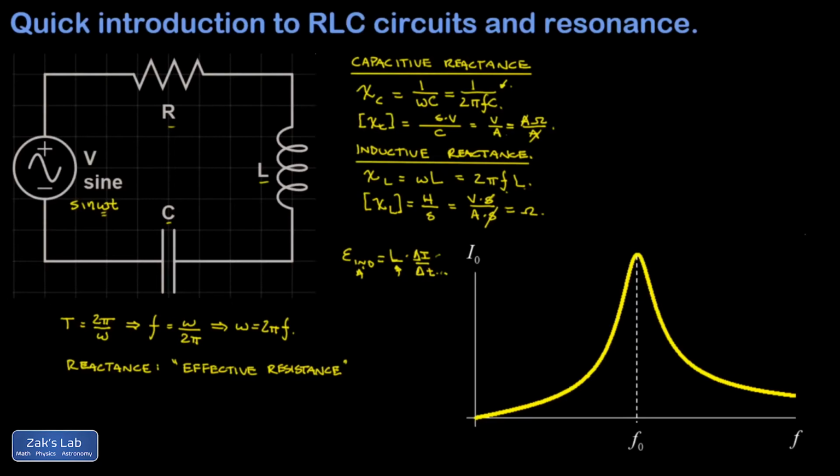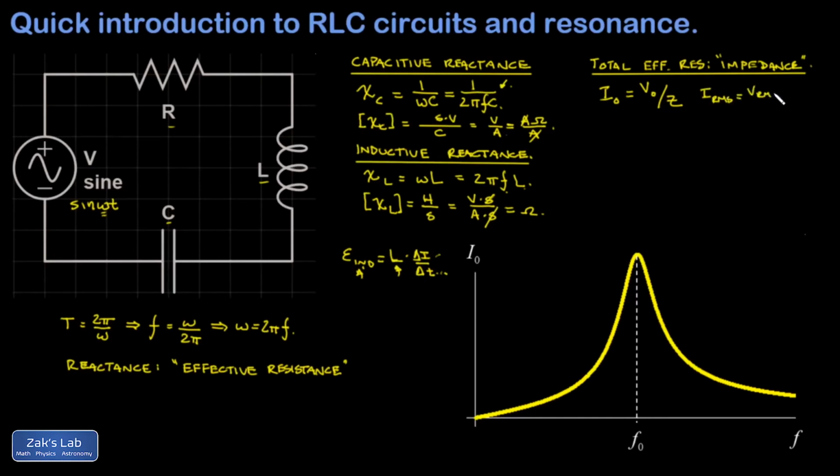This is an effective resistance in the circuit. Now the total effective resistance in an RLC circuit is called the impedance of the circuit, and Ohm's law will still apply. So our impedance gets the symbol Z instead of R because it's not exactly a resistance. And I can say that the peak current in the circuit will be equal to the peak voltage over Z, the total impedance,